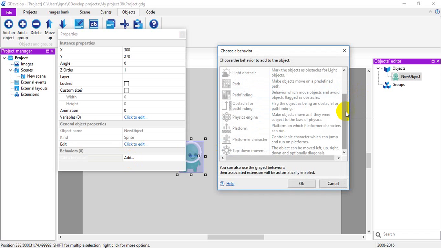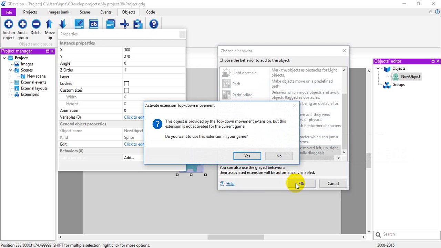For example, we have platform character, top-down movement style, physics engine, path, and the others. But now please click top-down movement. So the object is provided with top-down movement, and click yes.